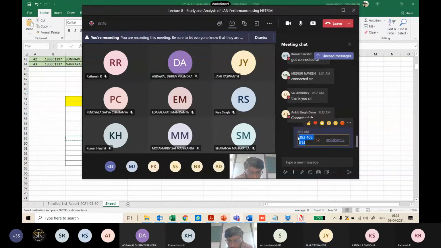You're going to use this AnyDesk ID to connect, and the password will be ANL lab at 52. If you're facing an issue, Yashwant, just post in the WhatsApp group. But if you're connected, let me know.